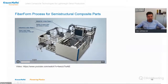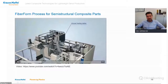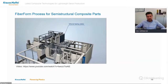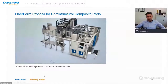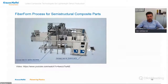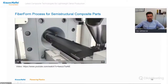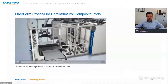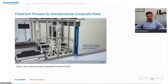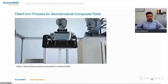I will jump a little bit forward because the time is running too fast. Here you see a standard injection molding machine. That means you can add this fiber form automation system to any type of injection molding machine. And the process is working like this: you are starting from an organo sheet, which is a pre-consolidated fiber mat, which you are storing in material trays. The first robot is coming, picking up the dry organo sheet, placing it on a centering station,